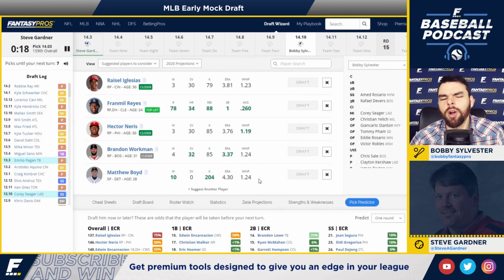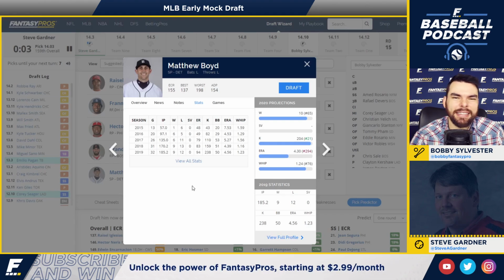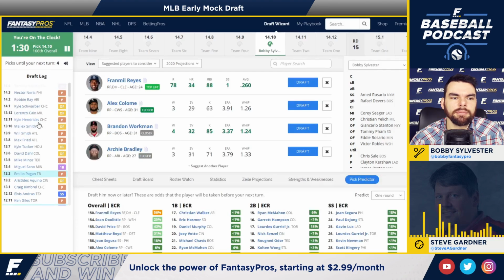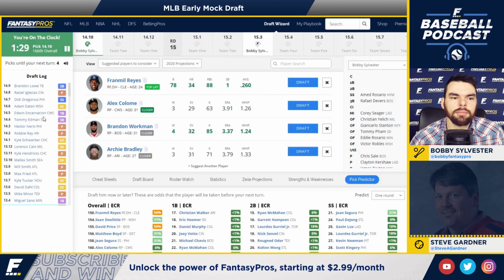So, and there's no way he gives up 39 homers again this year, right? Especially with Comerica, that park is where fly balls go to die. It reminds me so much of Shane Bieber last year. All of the underlying metrics are saying this guy's a stud. Mm-hmm. I'll tell you what, I do like. I think Boyd is probably the guy there, but I have, and I'm going to be true to my